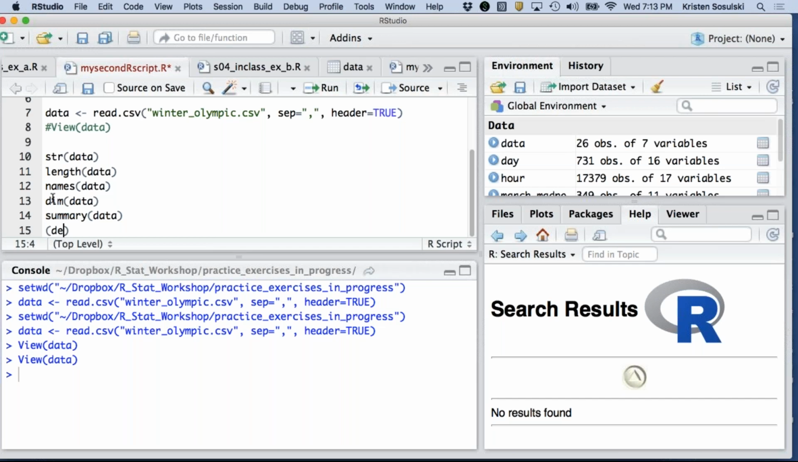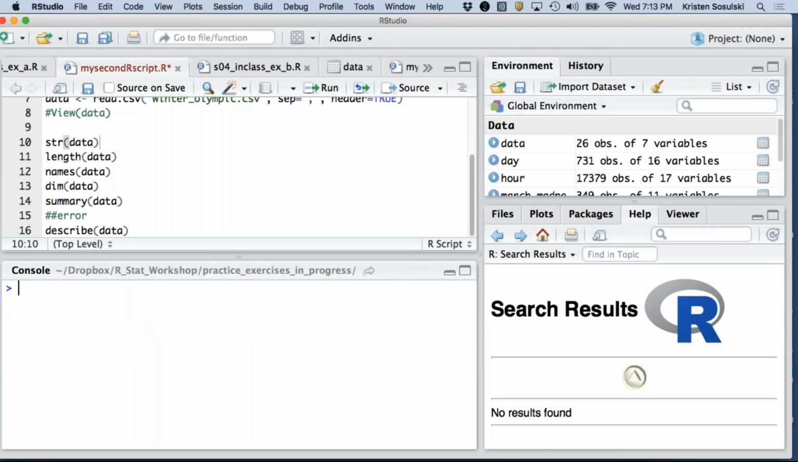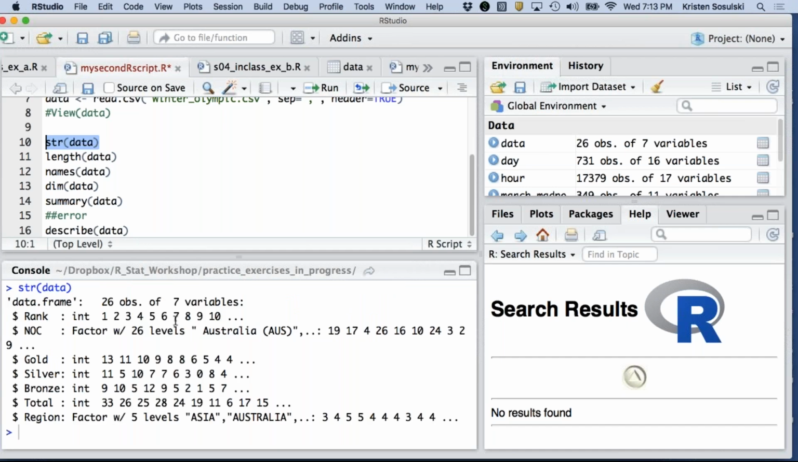There's another one called describe that we'll learn about if you haven't already. It requires another package, so I'm expecting an error to be thrown here. And then again, once you have it all typed out, you can say, well, let me run line by line and see what the result will be. So if I'm on line 10, I can run that. Okay, now I get this great amount of information. Almost everything I asked for